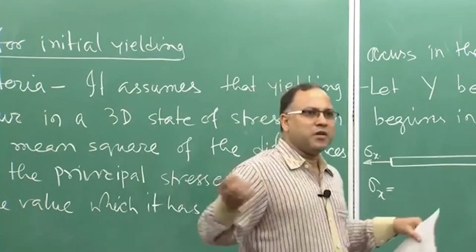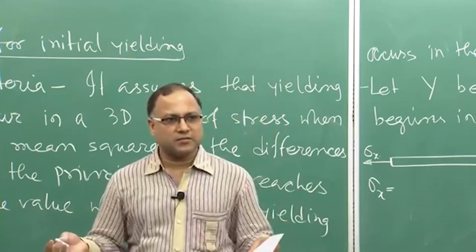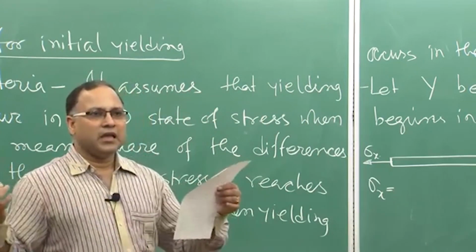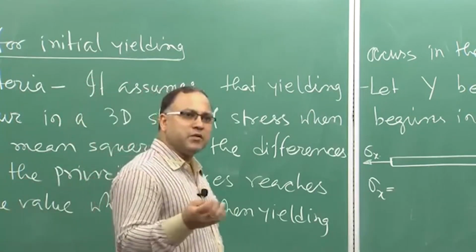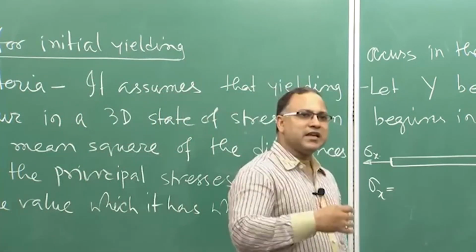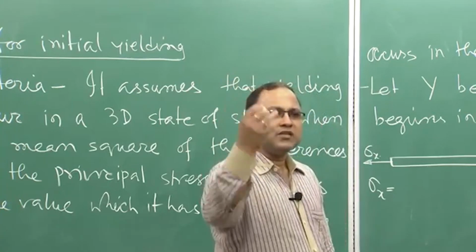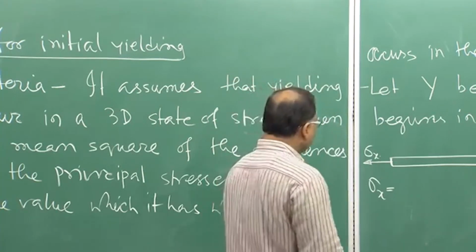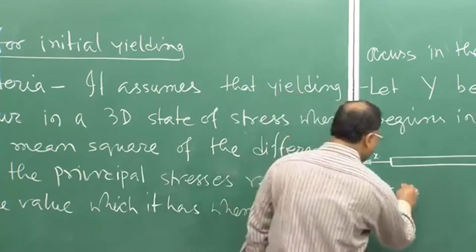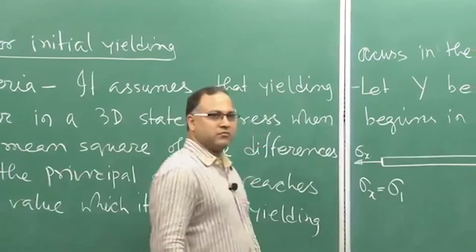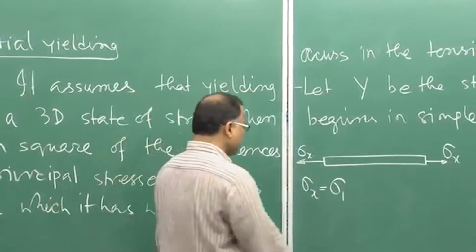So, z plane and y plane are completely free from any stress. So, they have to be the principal planes, and y and z axis have to be principal axis. Okay. So, sigma x is nothing but your major principal stress, from the discussion we are getting it, is nothing